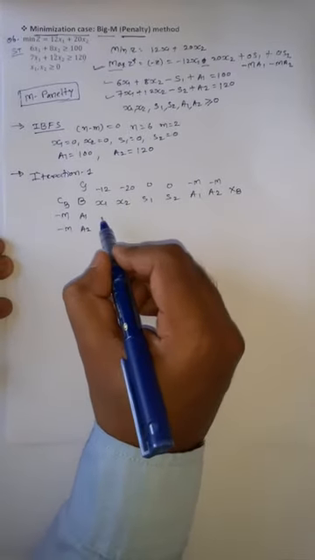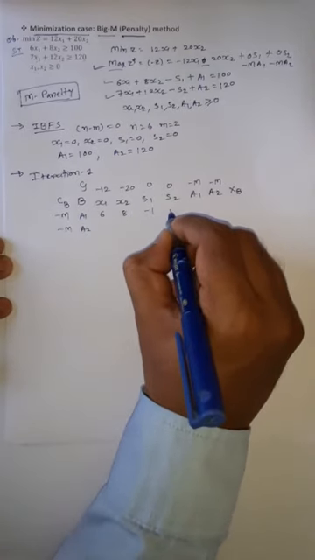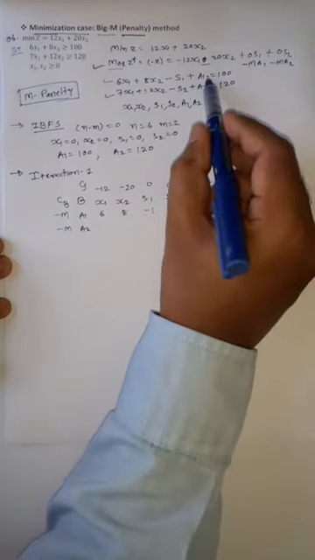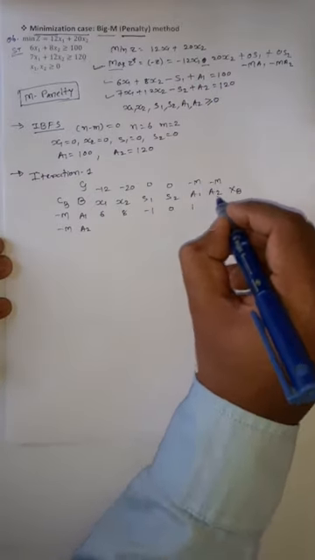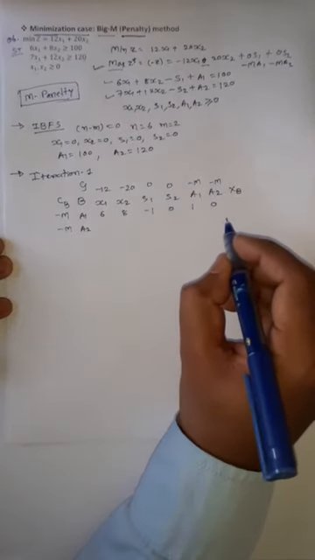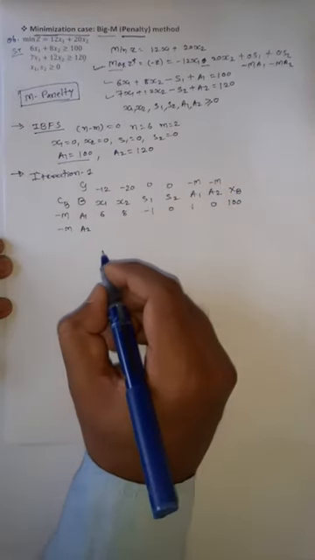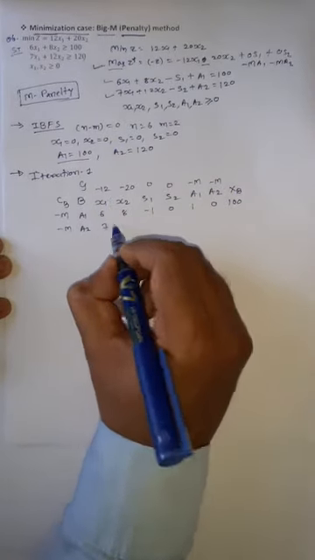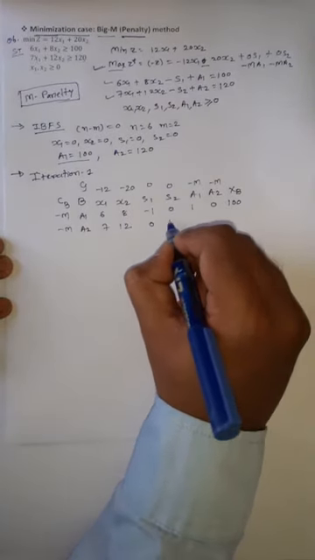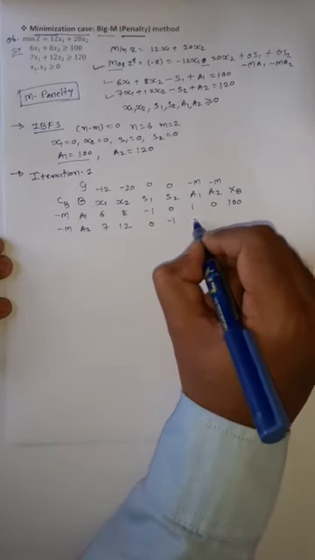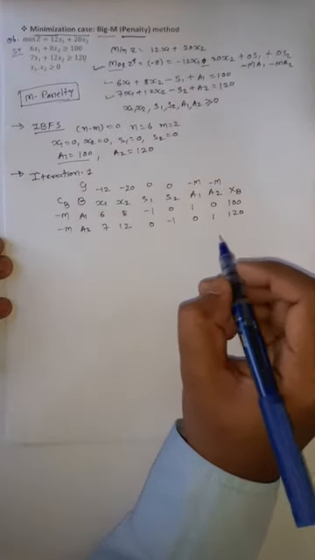So make a table, with the coefficients of basic variables a1 and a2, which are minus m and minus m here, and then complete the table with the help of the two constraints. Then it will be 6, 8, minus 1, 0, because s2 is not present here, we will consider s2 with 0 coefficient, and for a1 it is 1, and a2 it is 0 because a2 is also not present, and the value of a1 from this is 100. Now from the second constraint it is 7, 12, 0 because s1 is not present in the second constraint. Here it is negative 1, here it is 0 and it is 1, and the value is 120.